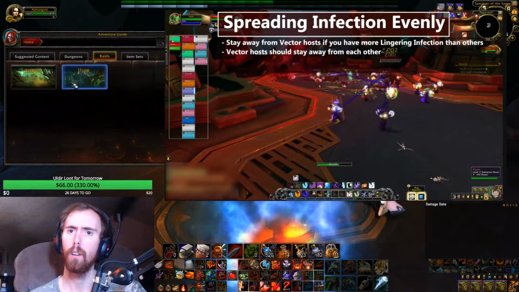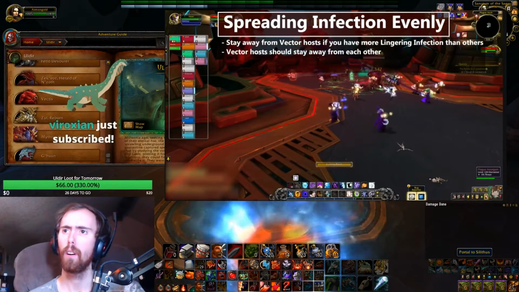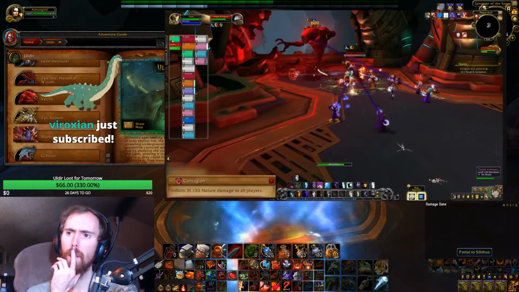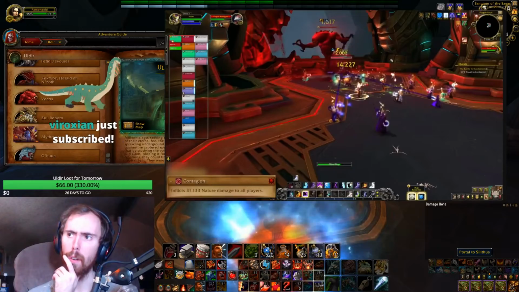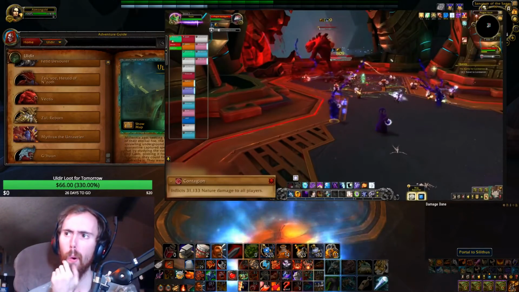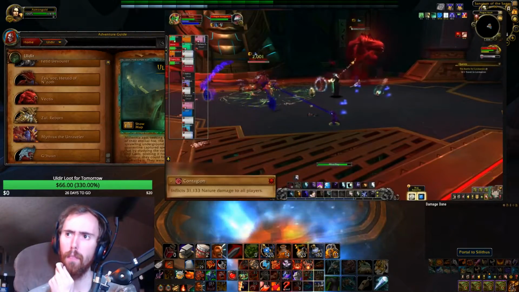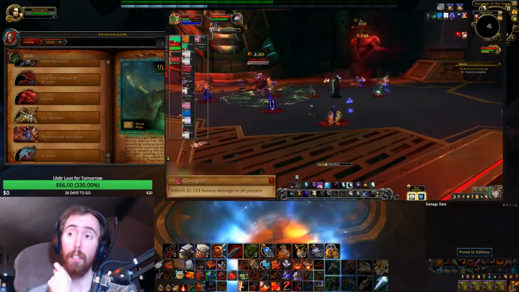You don't want to be getting multiple stacks of that. Otherwise, stay pretty closely grouped to help out with healing and offer yourself up as a host. So that's bouncing around and stacking up lingering infection on everybody. Vectis will cast Contagion, which is a raid-wide pulse of nature damage. You'll barely notice it early on, but as lingering infection piles up, it'll get scary and eventually require raid